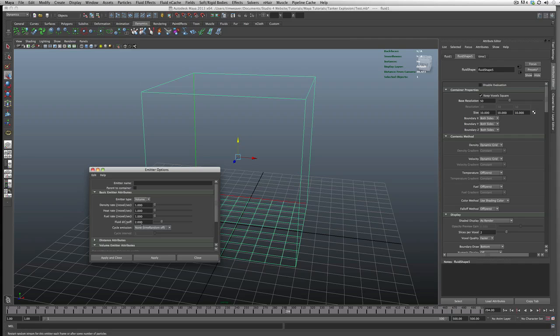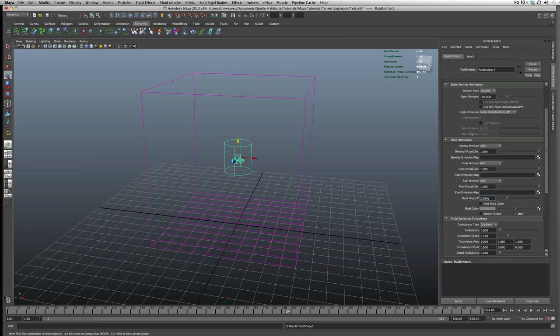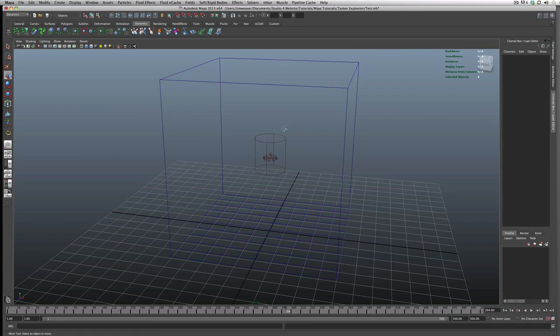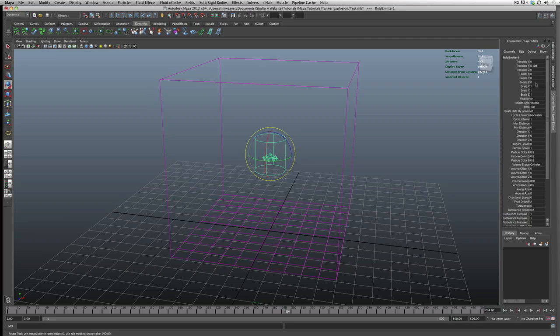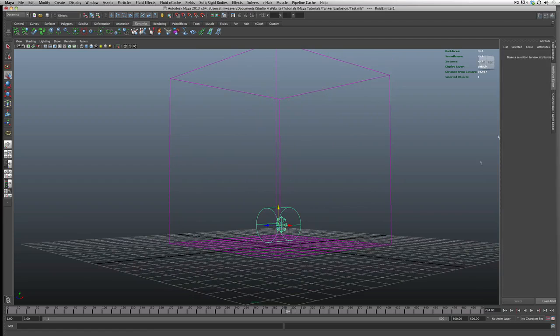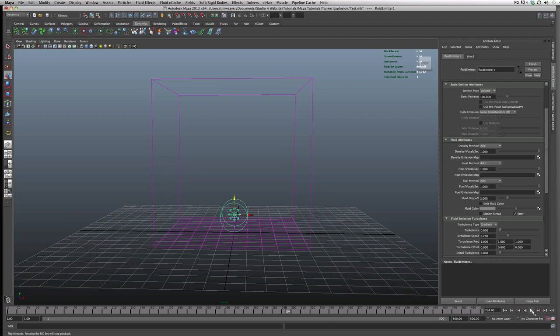The fluid drop-off, we want that to be 0, and I'll show you why here in a second. And cylindrical is fine, you can make it whatever you want. Let's rotate this 90 degrees. And X. Okay. If we hit play right now, you get this kind of smoky effect,